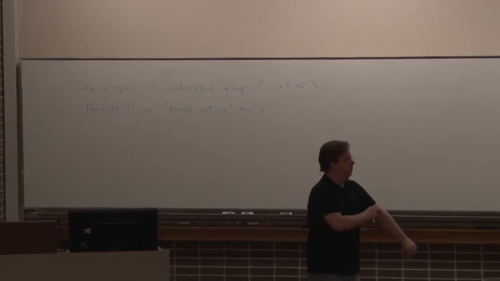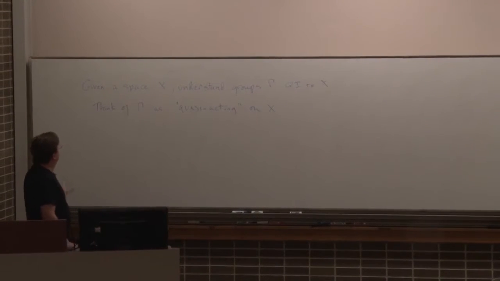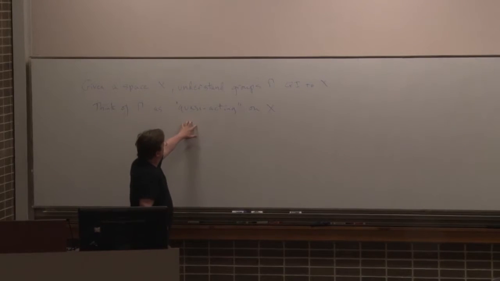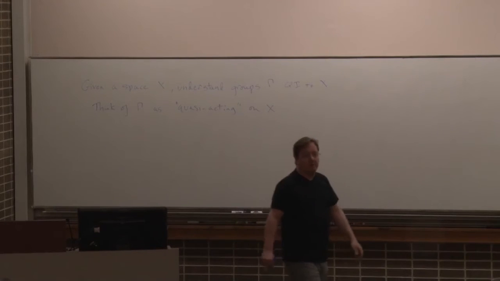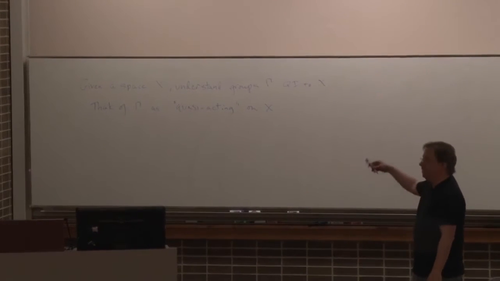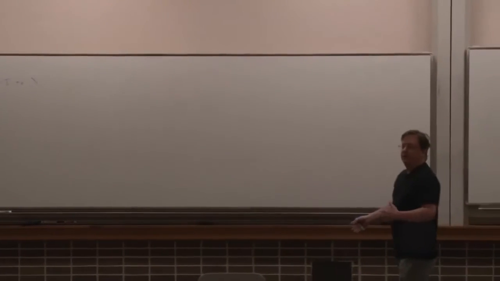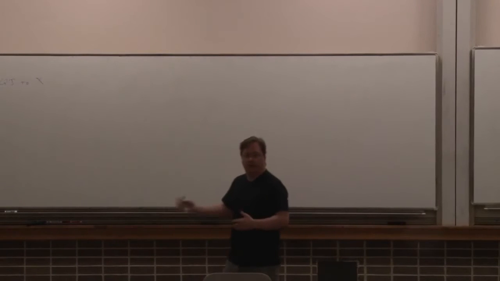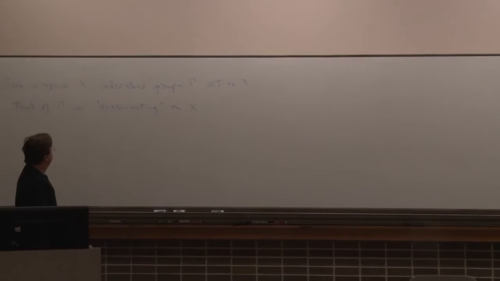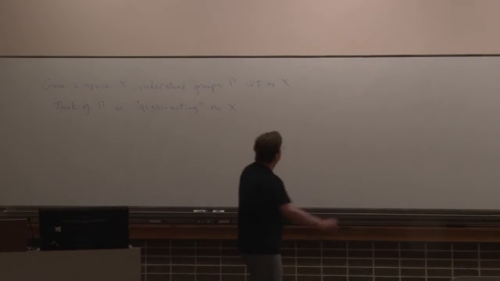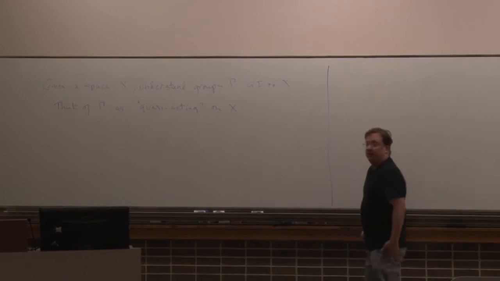Okay. So how we're going to do this, of course, depends on what X is. And a good place to start is how you understand groups honestly acting on X, whatever this X might be. The approach here is sometimes topological, sometimes geometric, sometimes analytic, just depending on what space X you're looking at. So let me start with some sort of topological considerations.